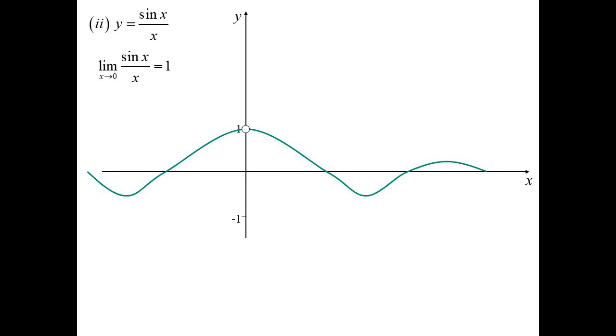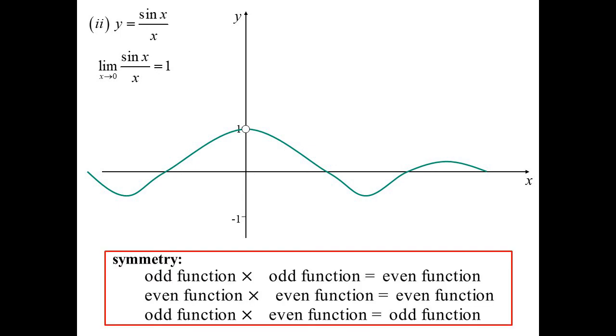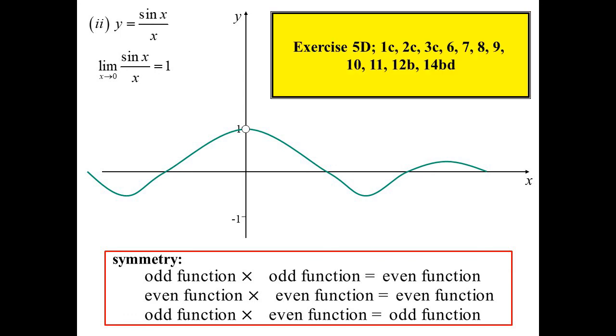We end up with an even function. How do I know that? Because sine x is an odd function, x is an odd function, and odd times odd will always give you an even function. Basically, if you've got the same type of function and multiply them together, you end up with an even function. Here we go, I think I put it in, didn't I? Symmetry, yeah. So odd times odd will give you even, even times even will give you even. Different types of functions, they give you an odd function. Okay,